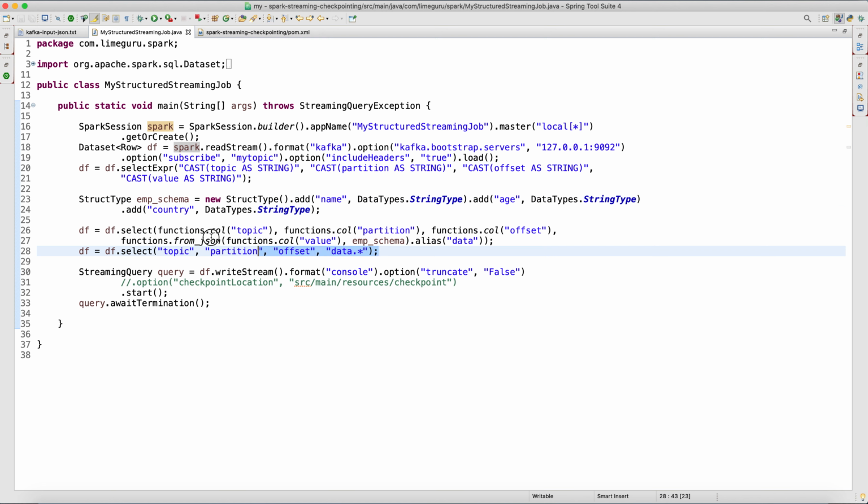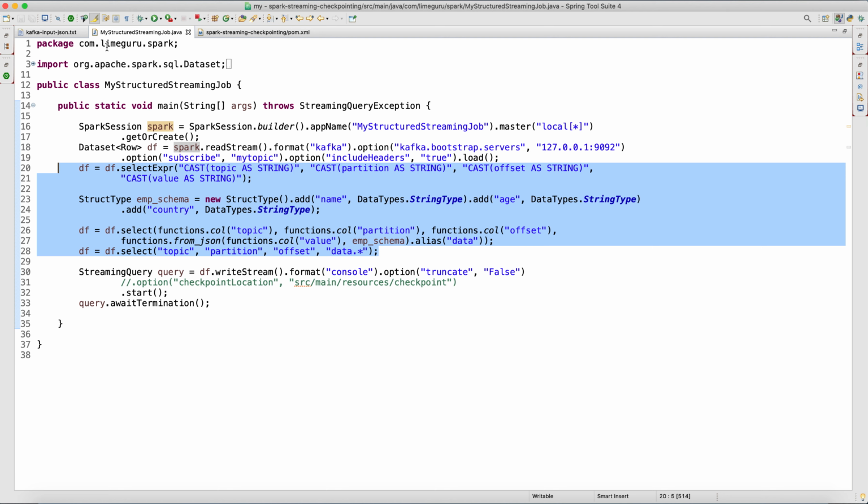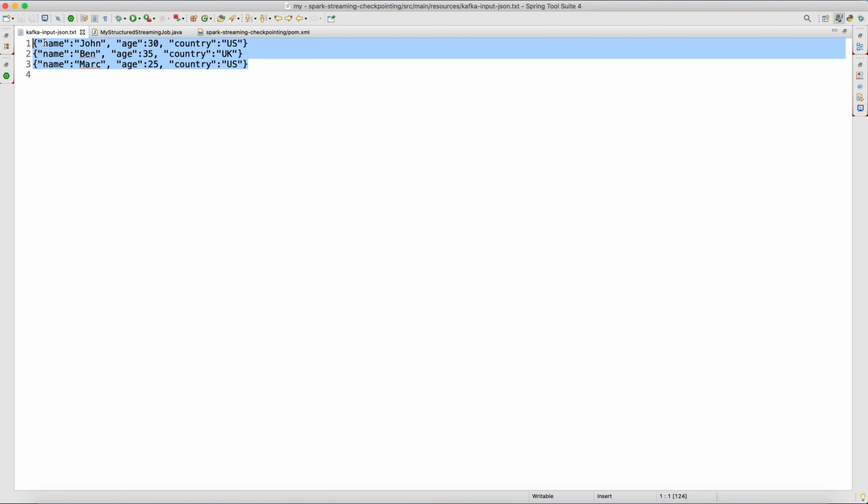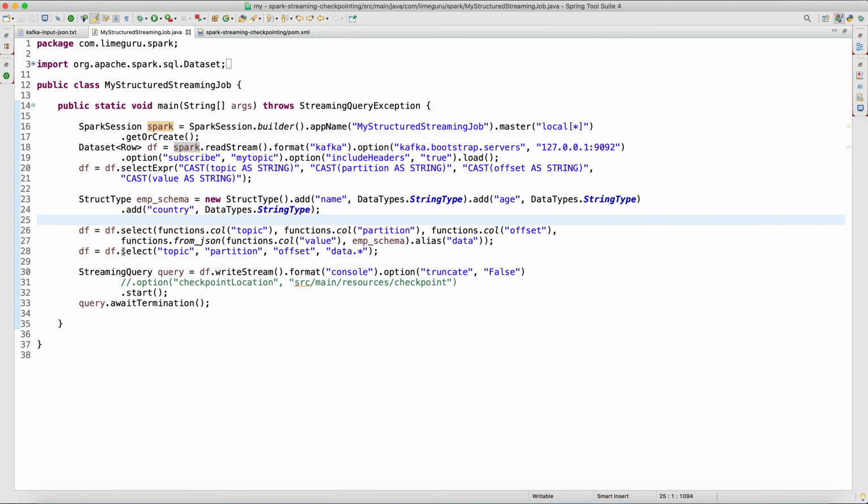So this is the code where we will be parsing the messages, and let me show you the type of messages which we will be pushing. This is the message that we will be pushing, where we have name, age and country. These three things are there in my messages, and after parsing my data frame will have 6 columns. Three columns from my data set, which are name, age and country, and three columns corresponding to the header, which are topic, partition and offset. This is just to identify which topic I am subscribed to, which message I am consuming, and from which partition it is coming. So this will be my data frame.